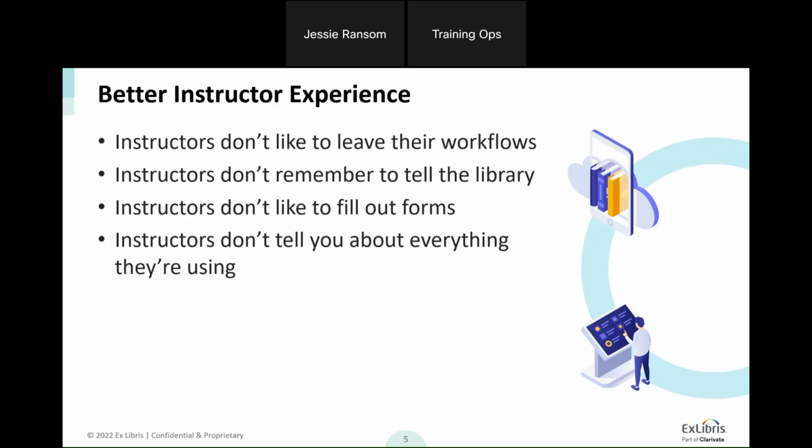They may tell you about the physical books that your library owns that you can move to the course reserve stacks, because all of your electronic resources, they can just add links in the learning management system. So there's an opportunity there where maybe your library could have purchased something to support the course, but because the instructor didn't tell you that they were using it, there's a gap in the service. So that's really thinking about this from the instructor perspective.